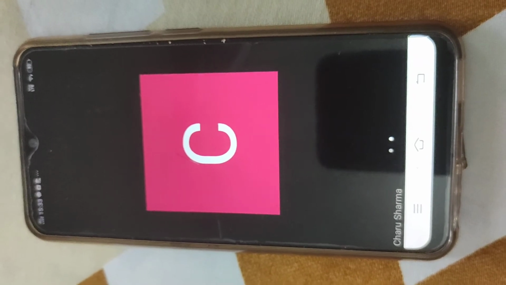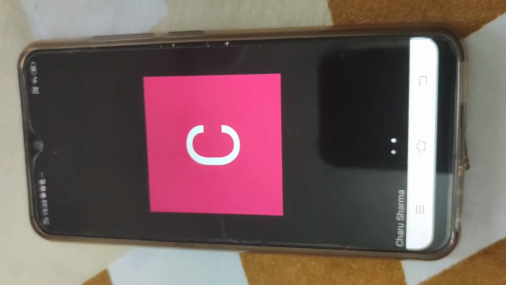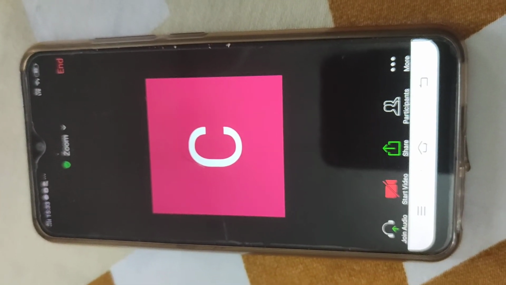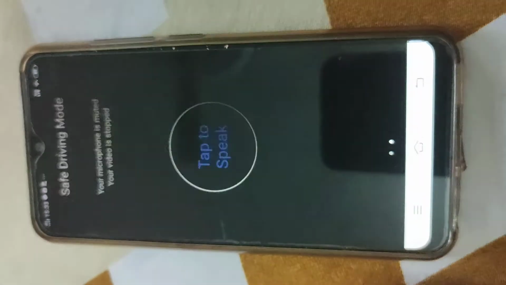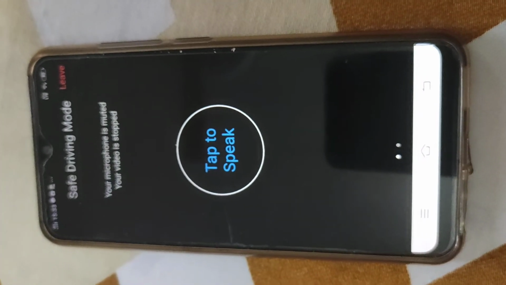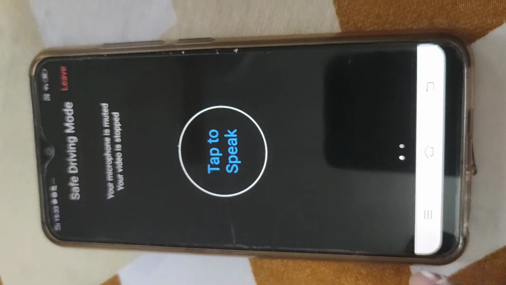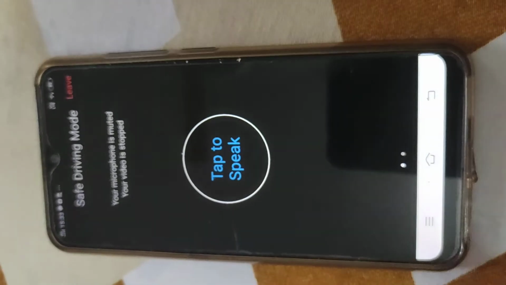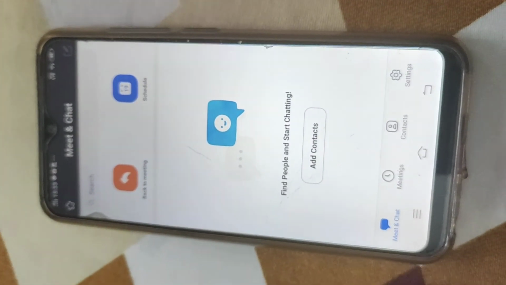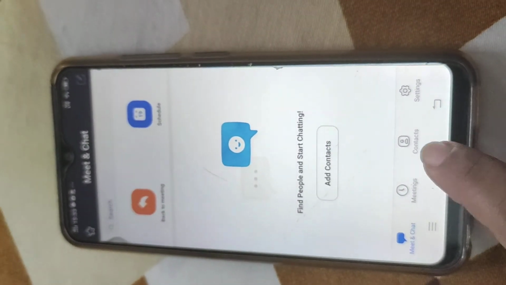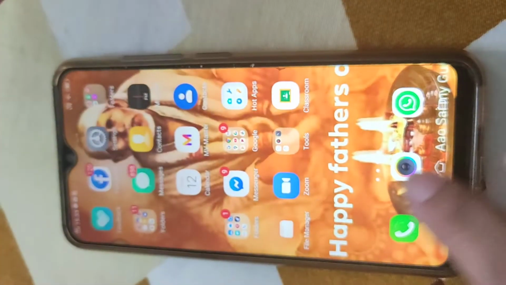If one person is asking a doubt, wait for him or her to complete it, then you can speak about your query. Discipline is very, very important. And if the class is over, you have to leave the meeting by clicking on the end meeting option in the Zoom app.